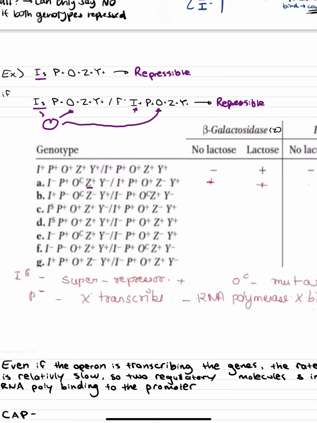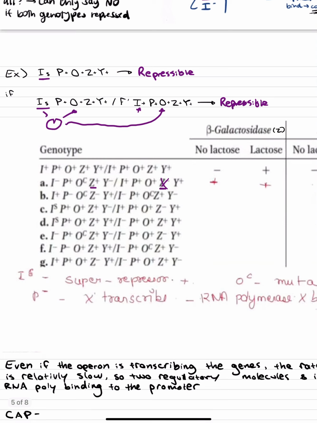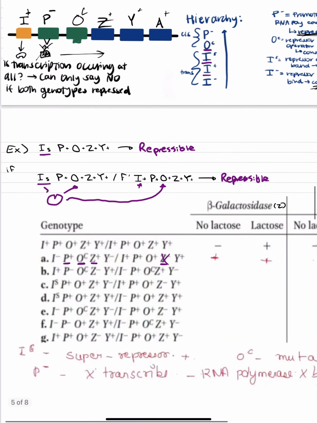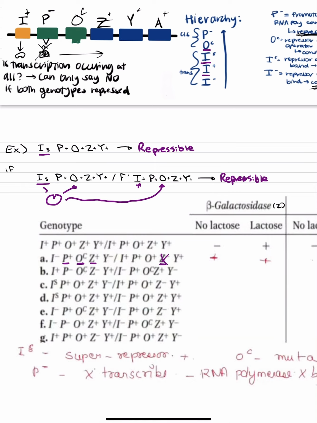a Z plus. A Z minus or a Y minus is going to result in a non-functional protein, so we would not include those. Onto the other genotype, we see we have Z minus, meaning that this cannot produce a working beta-galactosidase protein. Now, let's look at the cis-acting elements with regard to the Z plus. We have an O^C and a P plus. O^C is second highest on the hierarchy, meaning that any of the trans-acting elements are not going to have an impact. This is going to be expressed,